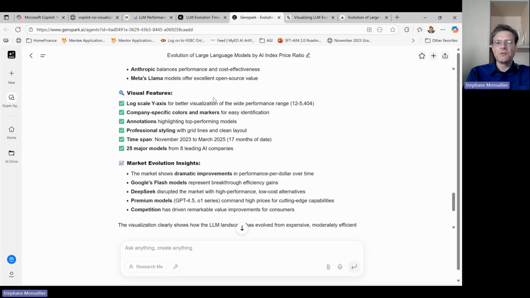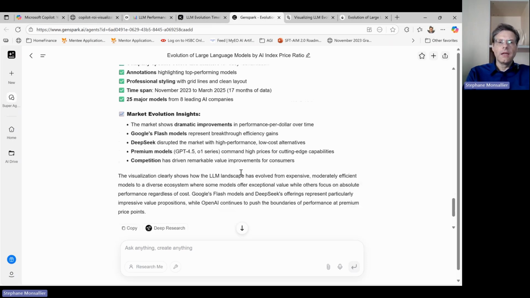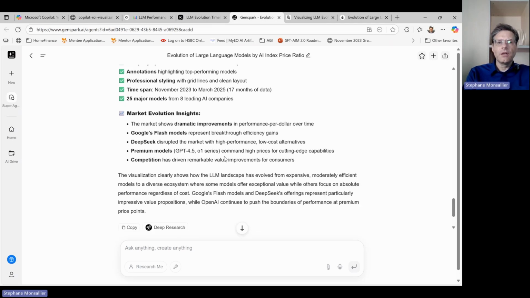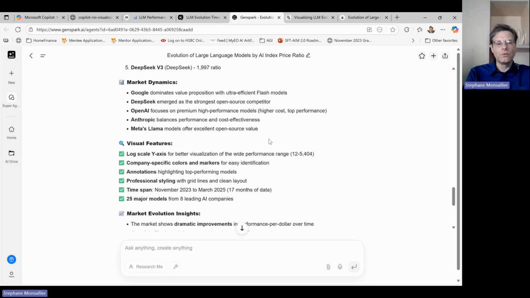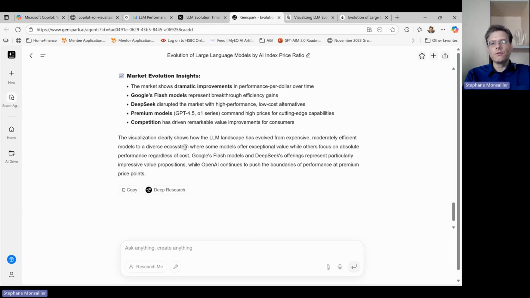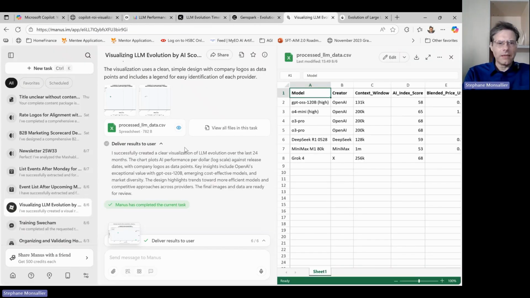Comments on the diagram, which I don't really need, and then a market evolution insight, which is actually very similar to the market dynamics, and a nice conclusion. So if I don't know a lot about AI and I have to do maybe a middle school research paper, this is great. I'll get a 20 out of 20 or 100 out of 100. Next, if we look at Manus,